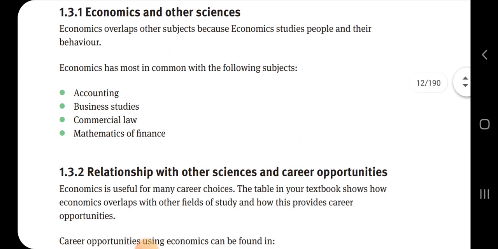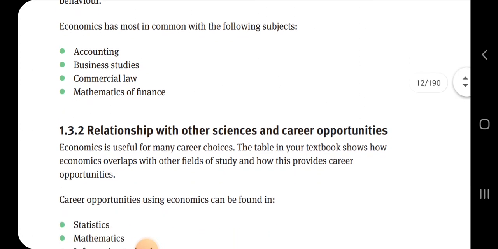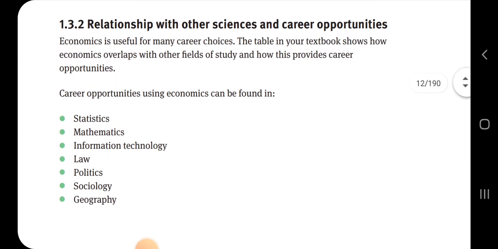It can include studies, numbers, businesses, law, mathematics, and finance. So, relationship with other sciences and career opportunities. How does economics relate to other careers? When you go and study to be an economist at university, it is useful for many career choices. The table in your textbook shows how economics overlaps with other fields of study and how this provides career